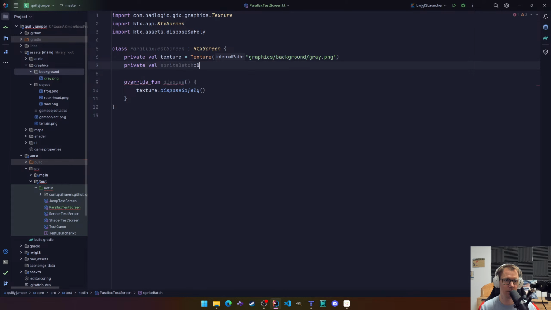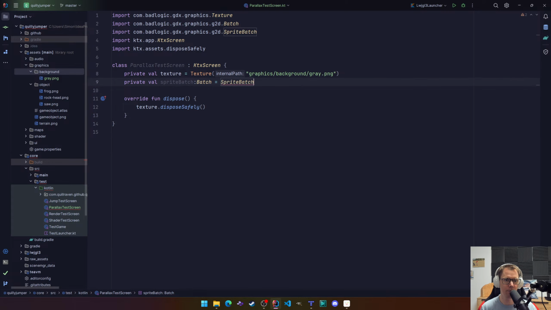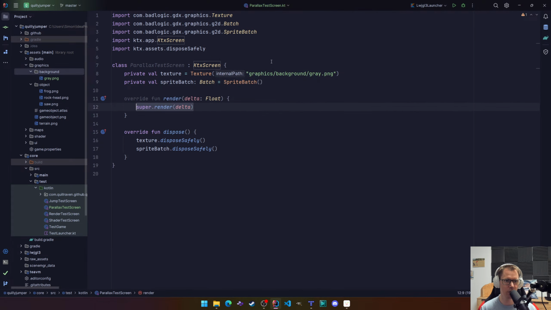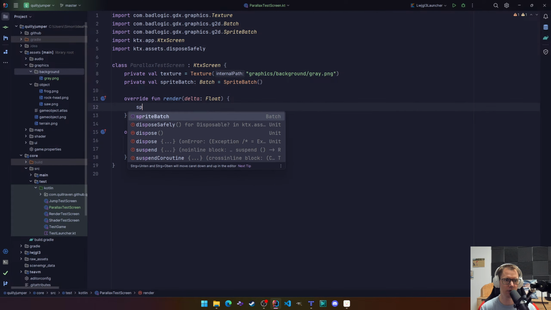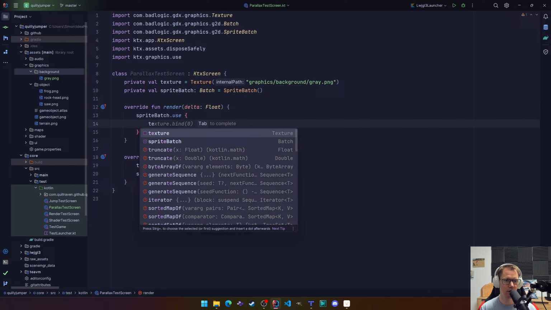It's basically just a patch. We don't really care. And it's a sprite patch, and that one we also need to dispose. Good. Then do we need a viewport? I'm not sure. Let's try something. So when we go into render now and we simply say sprite patch use, and then